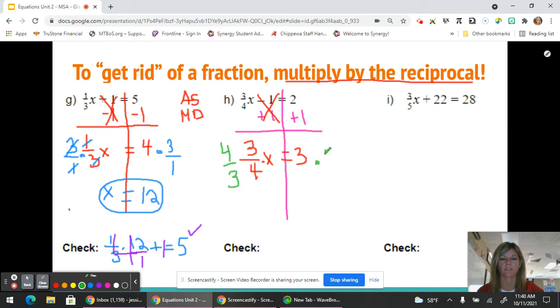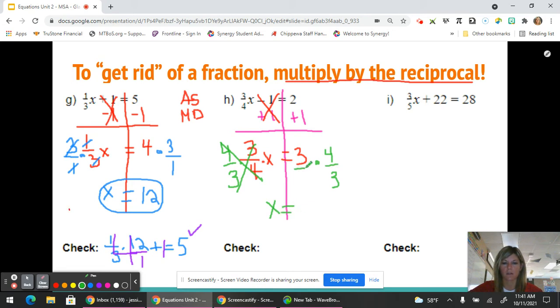and multiply by 4/3 on the right. So remember, dividing fractions, we never actually divide, we flip and we multiply. So 4/3 times 3/4. Well, we know that reciprocals equal 1. So here, if I multiply the top, 4 times 3 is 12. On the bottom, 4 times 3 is 12. 12 over 12 is equal to 1. So all of these cancel to be a nice whole 1x, which is the same as x,